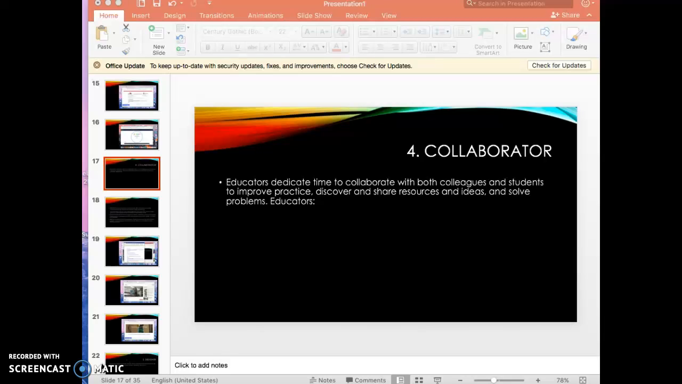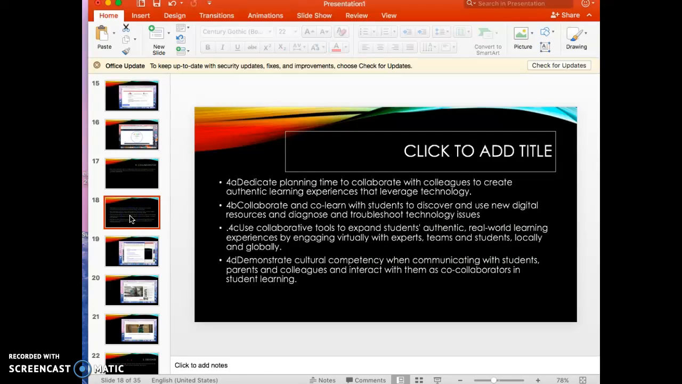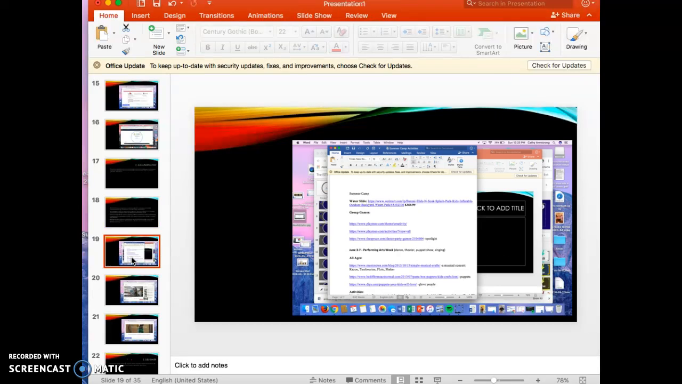The next standard is collaborator. Educators dedicate time to collaborate with both colleagues and students to improve practice, discover and share resources and ideas, and solve problems. The standards are listed here. Some ways that I was able to embody the collaborator standard is through not necessarily this class for this first example,